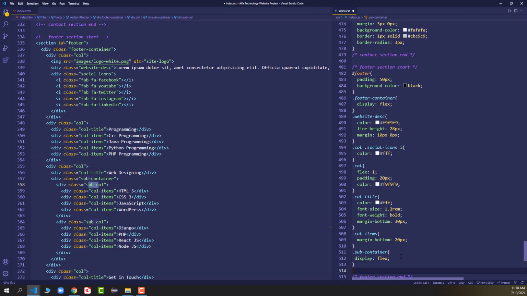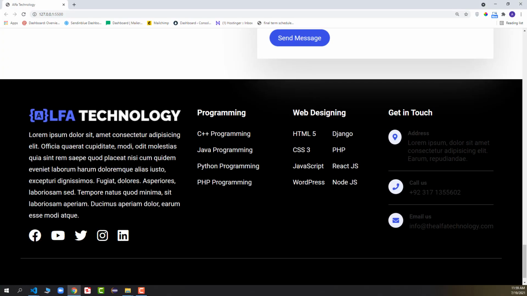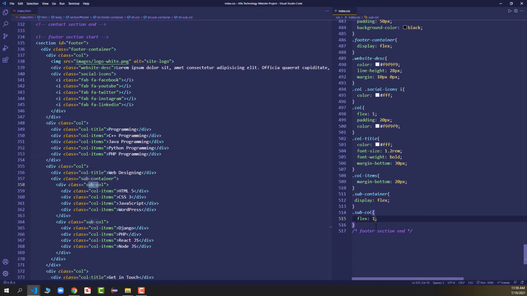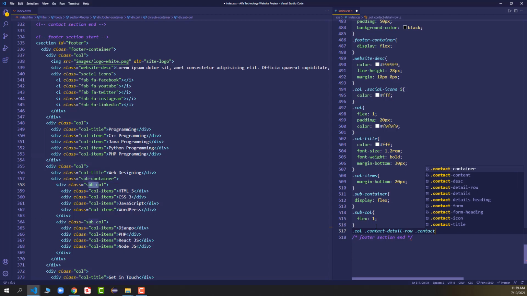Okay, after that I will go and target the dot sub call class, and here I will say flex 1. So all of them will have equal size. Now you can see we got a decent space in between. After that I will say dot call dot contact detail row, and then dot contact icon I tag.